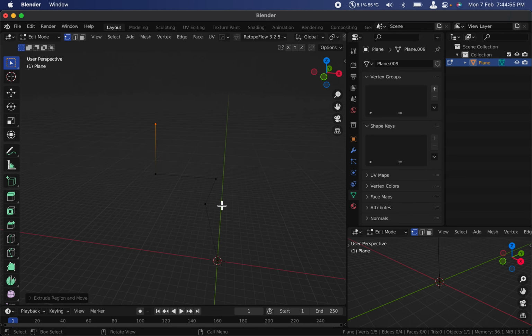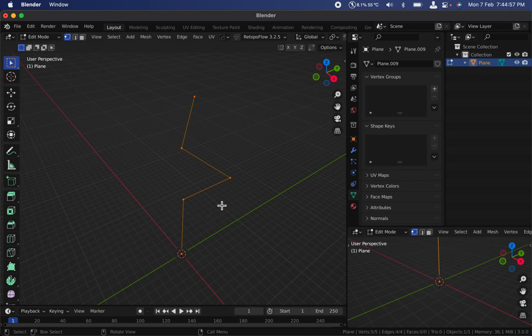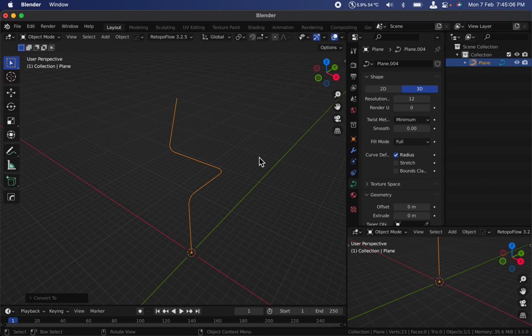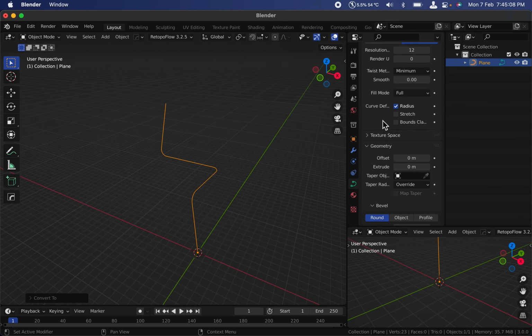Once you're happy with the shape, select all the vertices with A and press Command Shift or Control Shift B to bevel them. Now I'm gonna go out and convert this to a curve, and in the curve properties I'm gonna go down